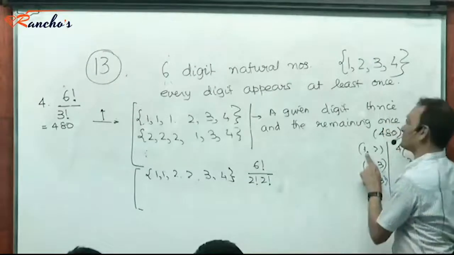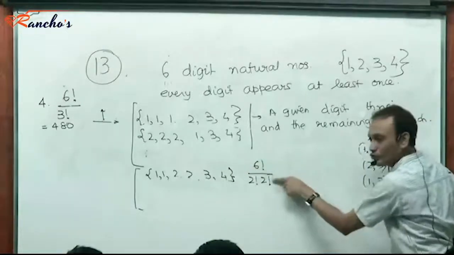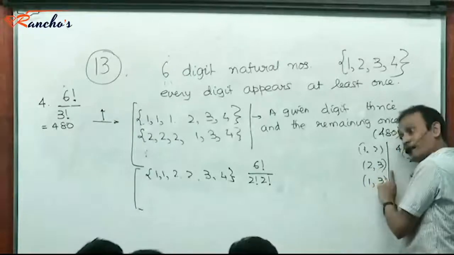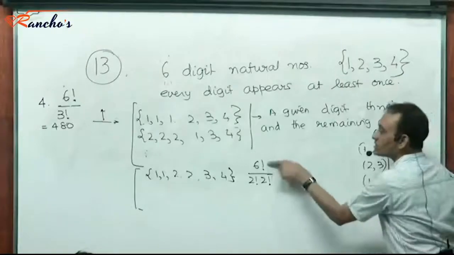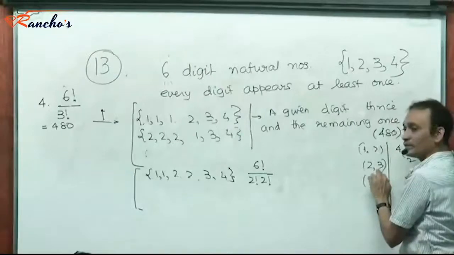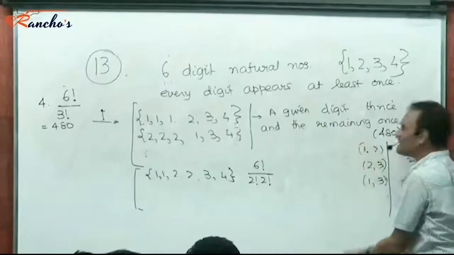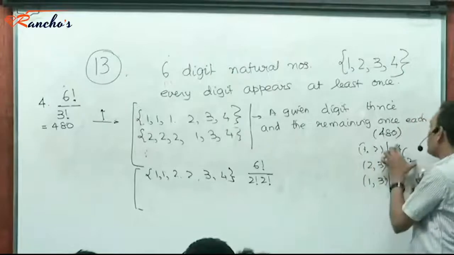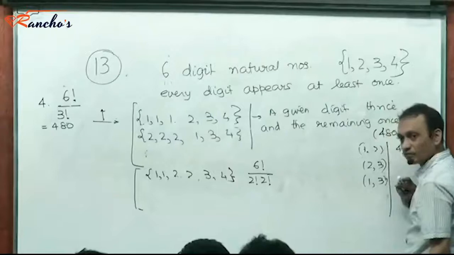So this would give me a number, say 1, 1, 2, 2, 3, 4. This one. And then permute them in how many ways? 6 factorial by 2 factorial, 2 factorial. This will give me a number 2, 2, 3, 3, 4, 1. And the number of ways in which this case could be permuted is 6 factorial by 2 factorial, 2 factorial. Same thing, 6 things in which 2 are alike, appearing twice, etc. So now, how many cases are these? 4 C2 cases, and for each of these 4 C2 cases, these are the number of numbers you could create.